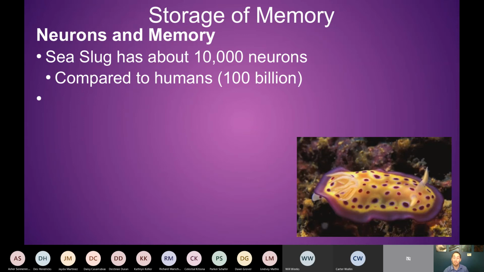Anyway, a sea slug has a manageable number of neurons. That's literally the entire point of my tangent. So with 10,000 neurons, scientists can do a pretty good job of mapping out where those neurons are in its body. It doesn't have just one central brain. It has other neurons and receptor cells, included in that 10,000, all over its body. Scientists can map out this simpler nervous system entirely, versus humans, who have about 100 billion neurons. That's well beyond what I am capable of comprehending.